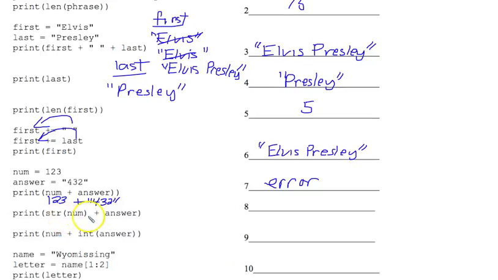Number 8, now the problem is fixed. On the left of this plus we have num, which is 123, but the str function puts quotes around it. So it takes an int, an integer, and puts quotes around it. That's what str does. And now we can concatenate it with whatever answer is. Answer is "432". Notice how I do not pronounce that 432. I pronounce it as a string, letter by letter, digit by digit, 432. Now when you concatenate those two together, your answer there to number 8 is